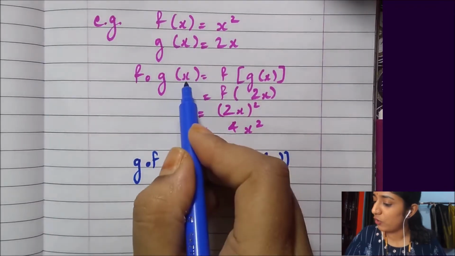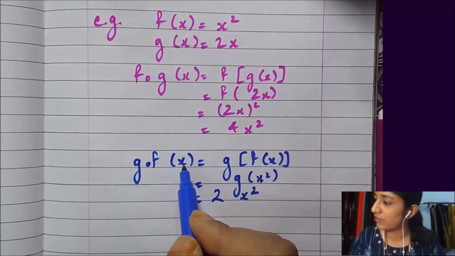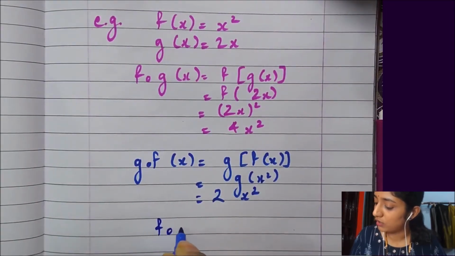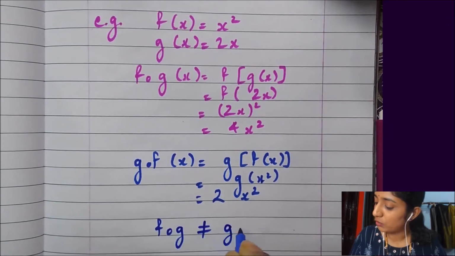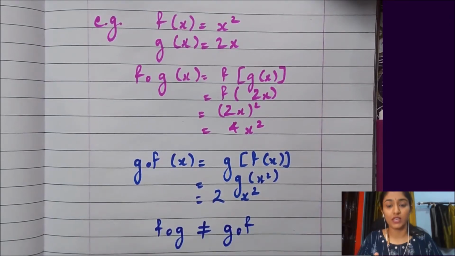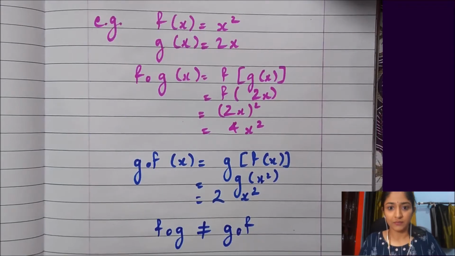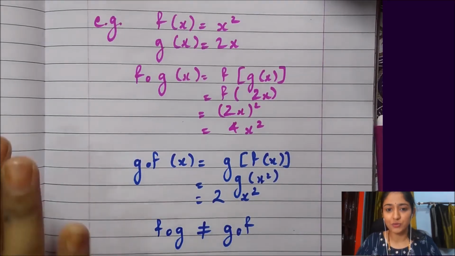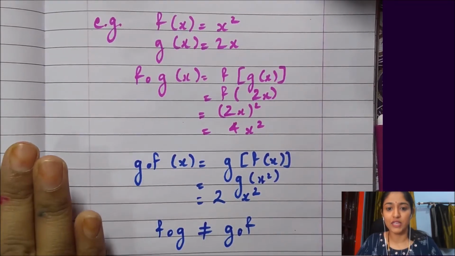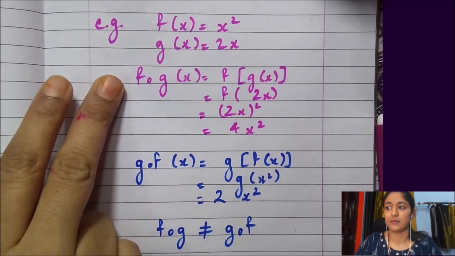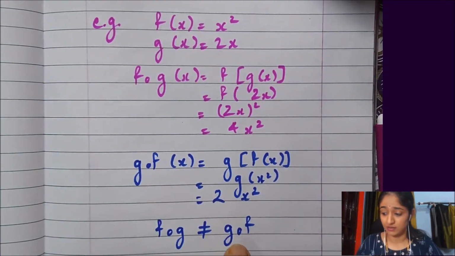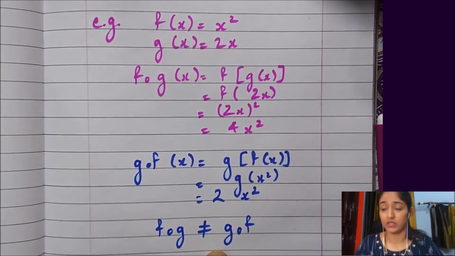So definitely, on this arbitrary element x, if these do not match, then they are not equal. F circle G is absolutely not equal to G circle F. To prove something, we have to prove it on an arbitrary element. To disprove something, we can just give one example and we are done. So I disproved that G circle F does not have to be equal to F circle G by this example. These were defined, they existed as separate entities, but they are unequal.